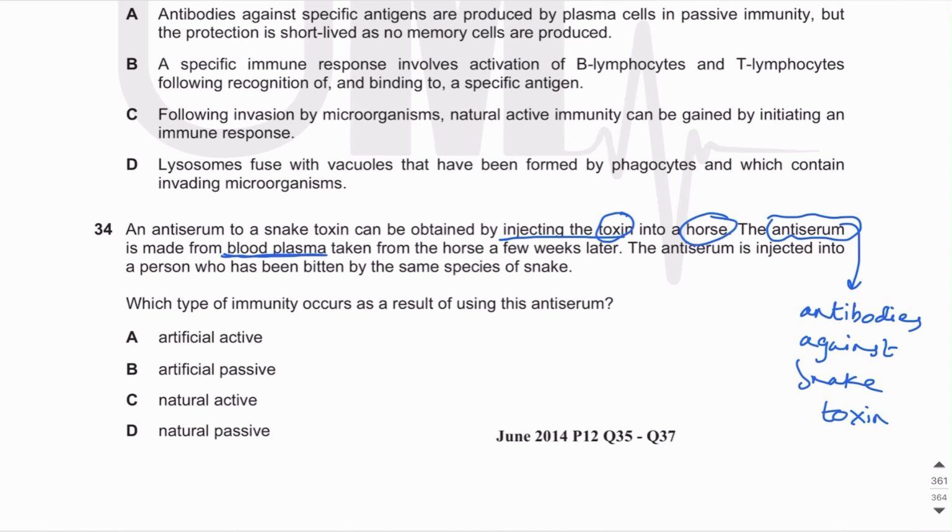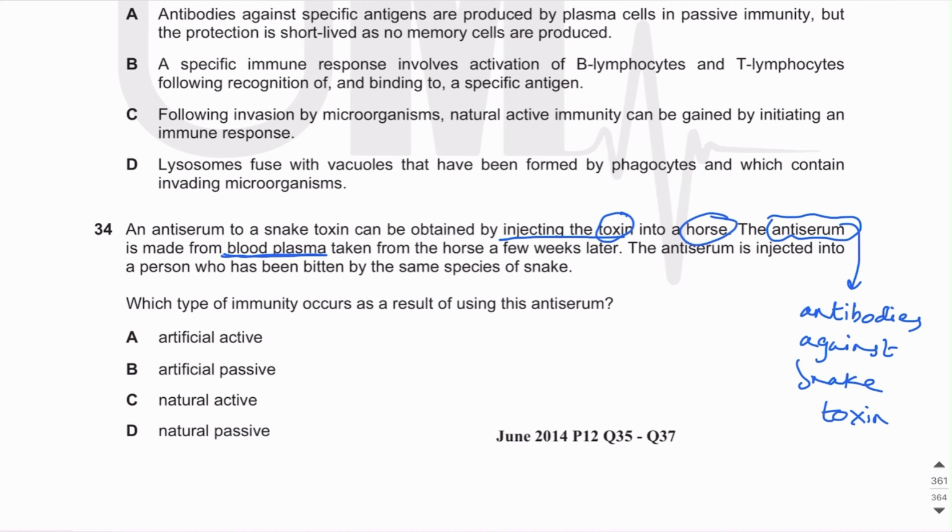What we are doing is injecting a snake toxin into a horse. Obviously, the horse will respond to that toxin in such a way that an immune response will be initiated, and B lymphocytes will be activated, and B lymphocytes will specialize into plasma cells. Plasma cells will secrete antibody into the blood plasma. So there will be antibodies in the blood plasma against this toxin. And if we obtain that blood plasma, which they are calling antiserum, that antiserum will contain antibodies against snake